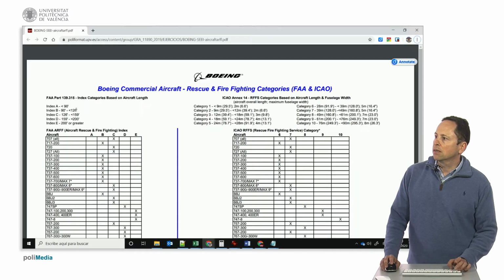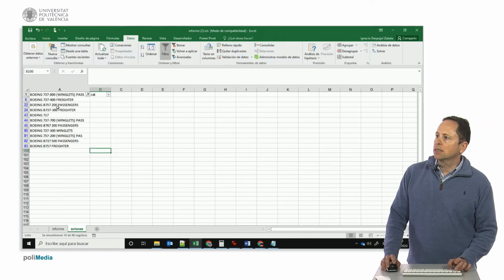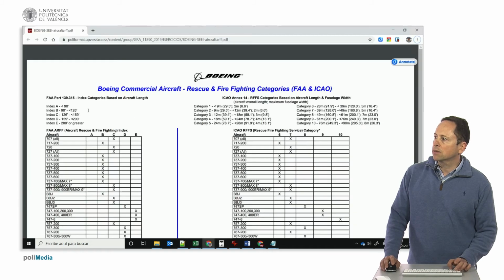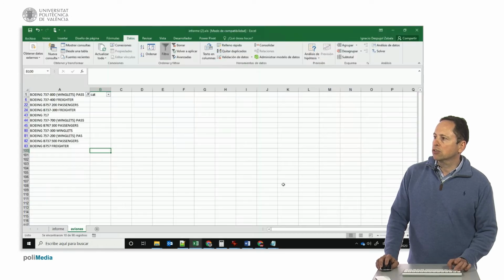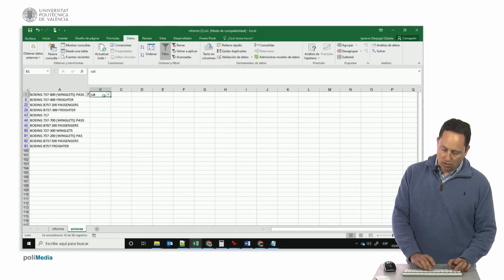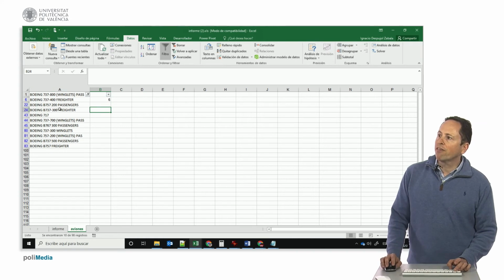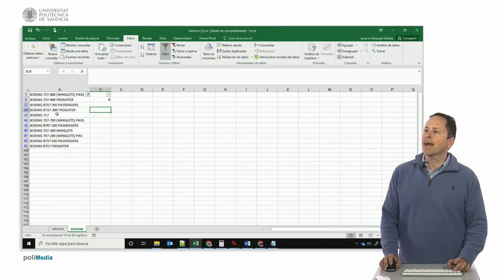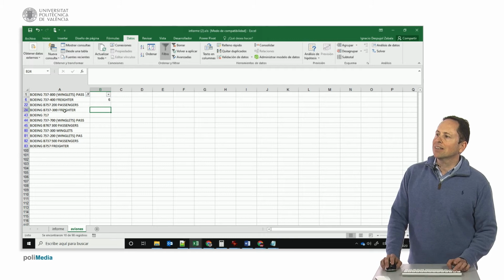We have the B737-800, 300, 400. Let's see, B737 category 6, all except the 800 and the 900, which are 7. Then the B737-800 will be 7, then we will have to remove it. 76. This is a B757, we will see it later, it says freighter. Freighter means cargo. We will have to go to the B737-300, which is category 6, and then we will have